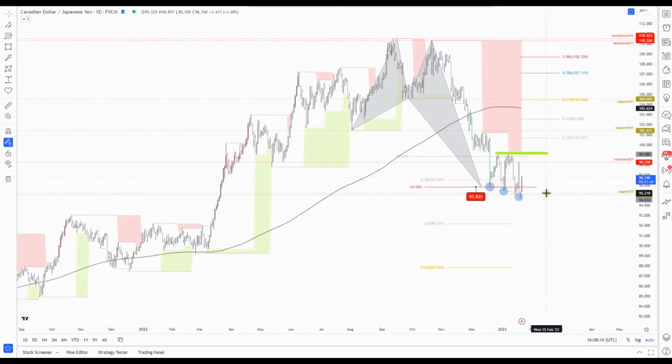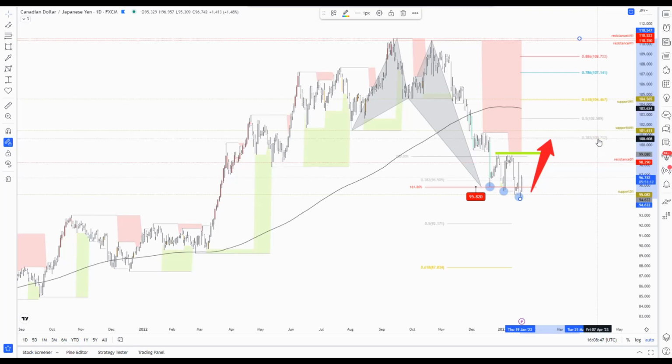A 3 drives pattern formation, so we expect at least an approach to the previous structure highs. We have also this crab pattern completed at 95.82, which is still a valid pattern, or inside the range which we will consider as inside the risk for that pattern. So basically I still believe there is a possible move to the 38% fib, just projected a few points above the recent highs at